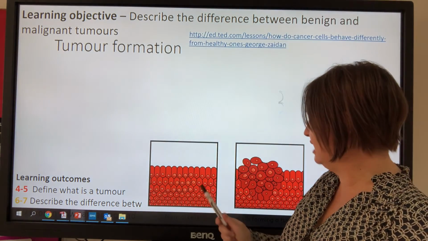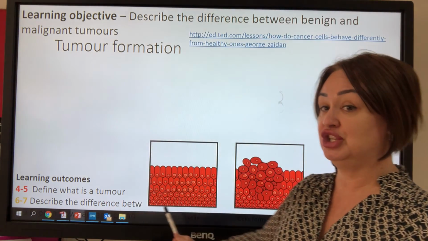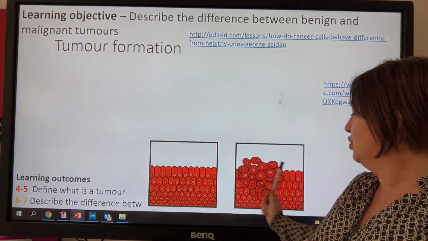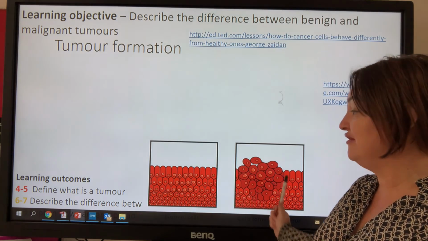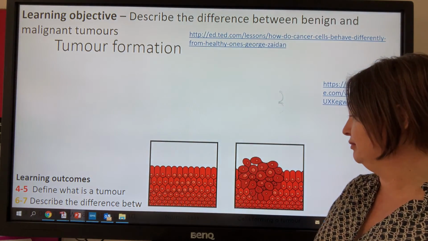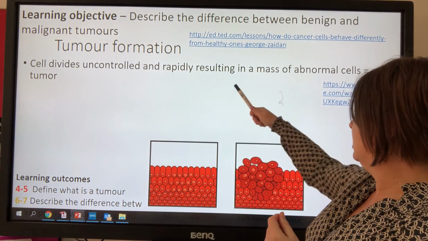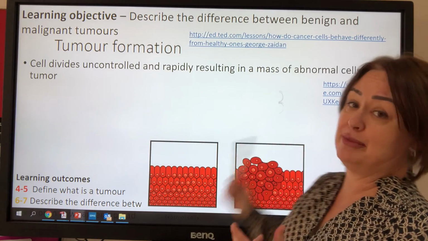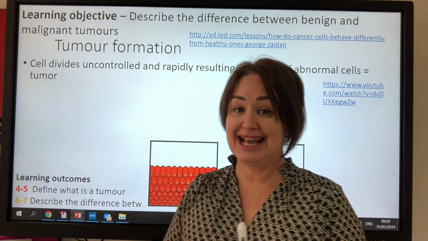And if we look at how these two diagrams look, this might look like a normal tissue. In this tissue here, we've got some abnormal growth going on. These cells have grown out of control. And this out of control growth rapidly results in a mass of abnormal cells. And when you go to the doctors and they take a biopsy, this is the kind of thing that they